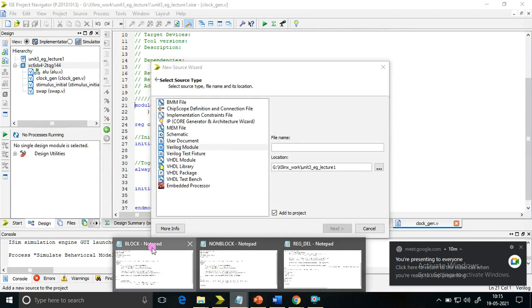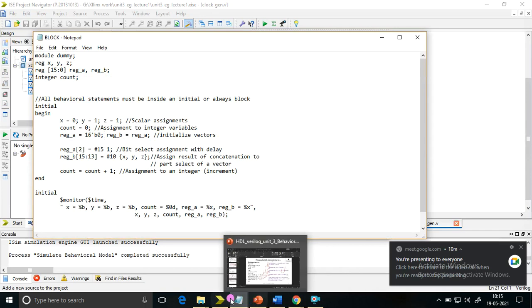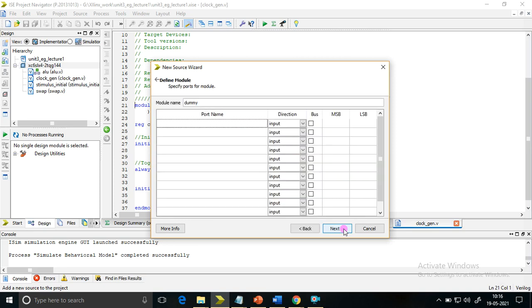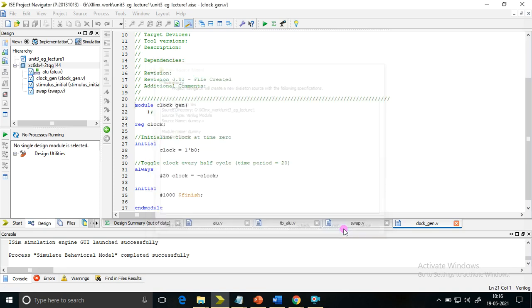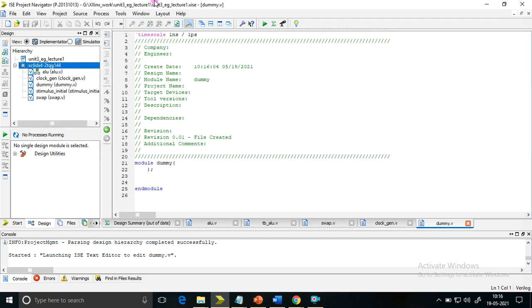I have a code written. Let me name it dummy, because it is not just to evaluate, there are no inputs and outputs for this. That's why the name dummy has been preferred. Click on next, next. No inputs and outputs, so it will just open a file.